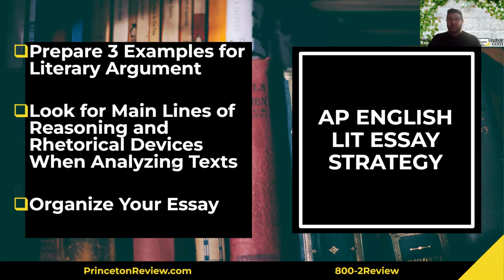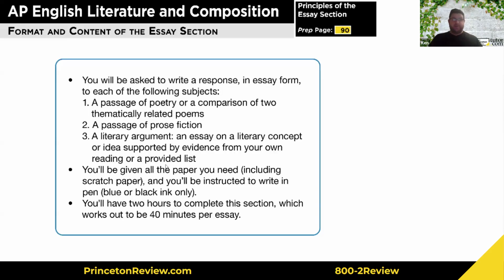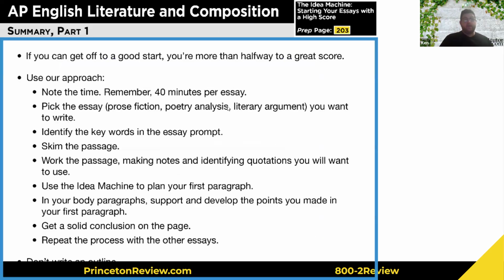Lastly, make sure your essay is organized. It's the same thing as we discussed before. So on AP Lit, here are your 3 essays. We've kind of spoken about them already. And understand that for both of these tests, you have roughly 40 minutes per essay on average. AP Lang just has the extra 15-minute reading period. So a good backup that kind of works for both tests: take on average 40 minutes per essay. On both exams, you can choose the essay you want to write first.